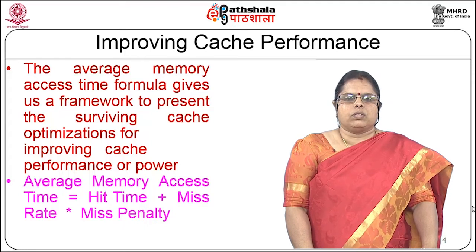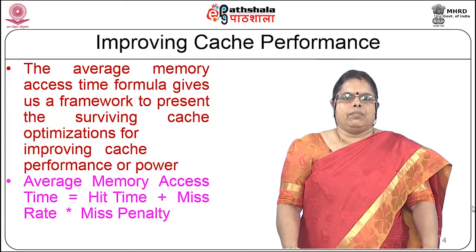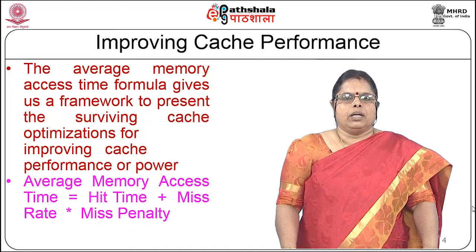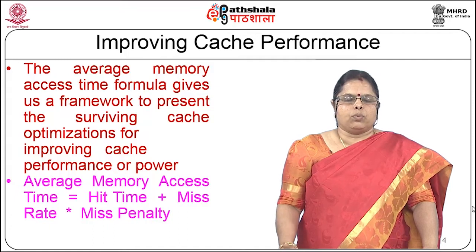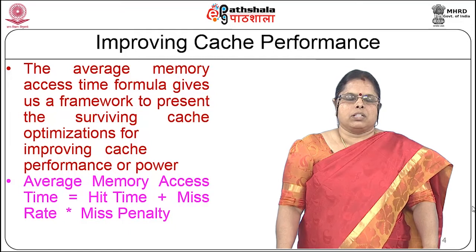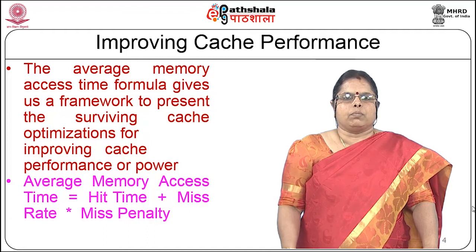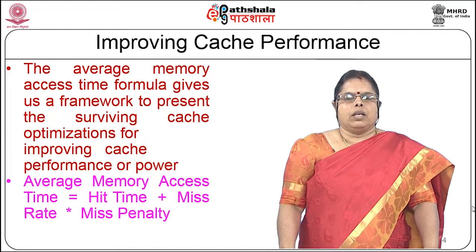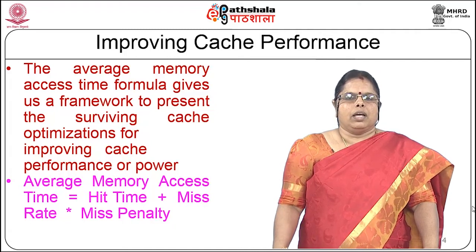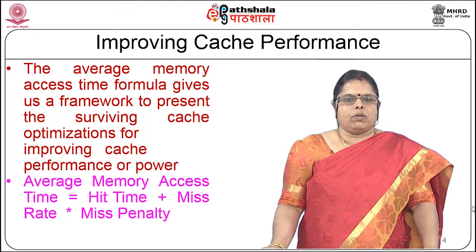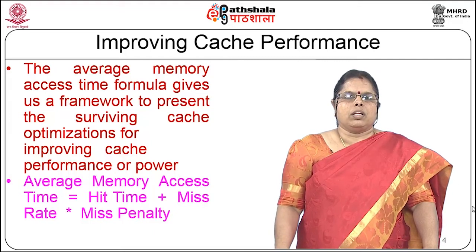When the processor generates a memory reference, it goes to the first level of cache, and if it hits there, it is a hit, with a ratio called the hit ratio. If it does not hit there, with a miss rate, it will go to the next level of cache. Checking whether the data is available in the cache and getting it from there is defined as the hit time. There is also a probability that it does not hit in the cache, that is the miss rate, and when you miss in the cache you will have to go to the next level of memory and bring it to the required cache. The time associated with that is the miss penalty.